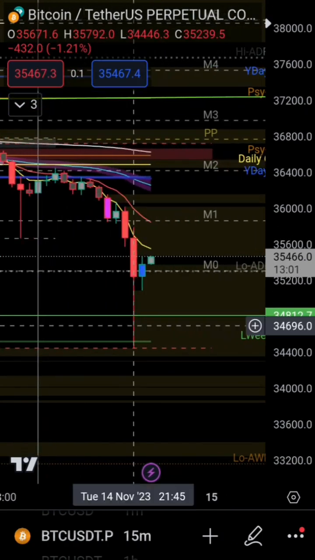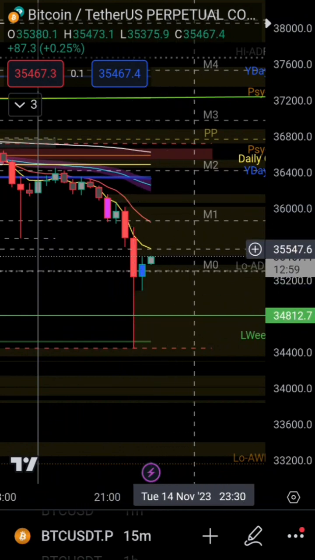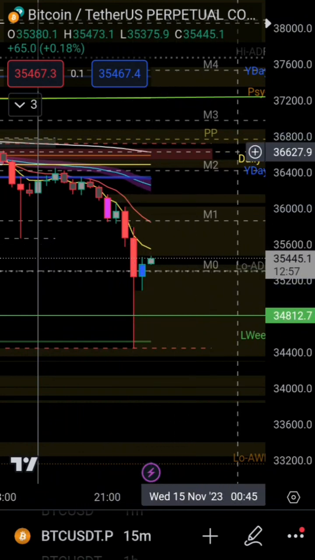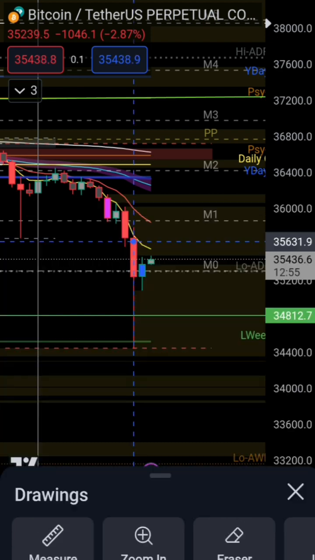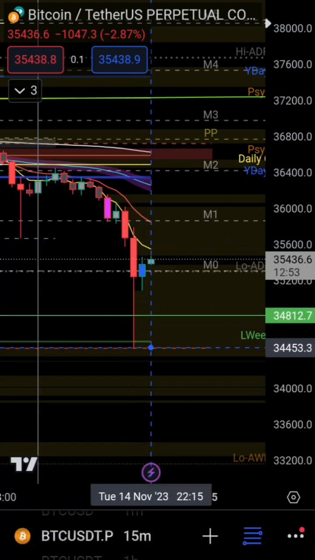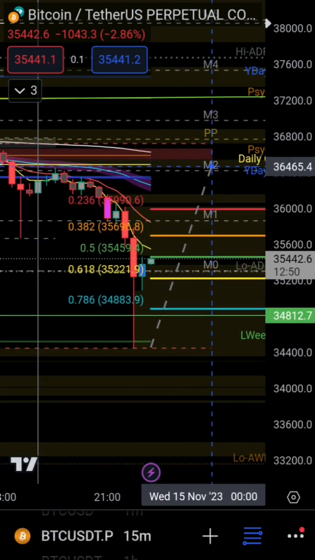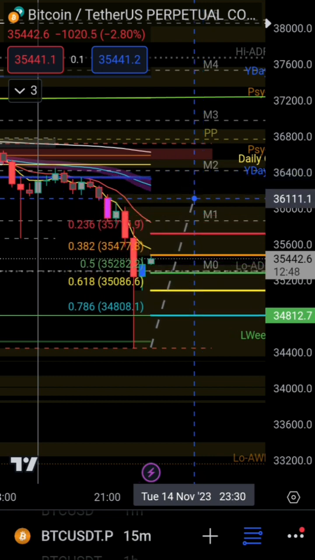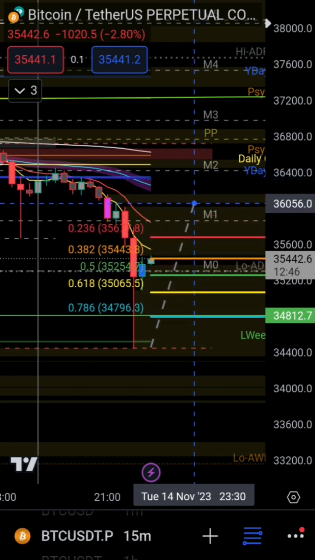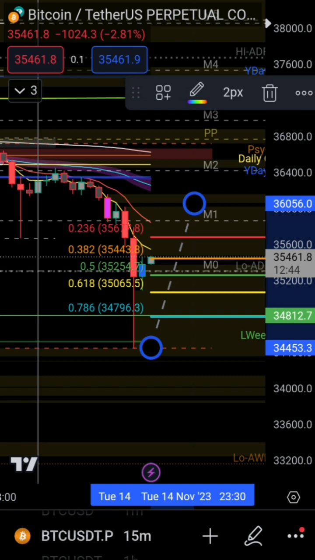What I would expect Bitcoin to do is maybe come up to the 36K, come down, retrace 0.618, then go up. What would that look like? So if Bitcoin from down here goes up to 36K, that will bring Bitcoin all the way up to around 36K. Then you would be looking at the retracement down to the 35,000 range, 35,060, 35,050, and you hope it holds.